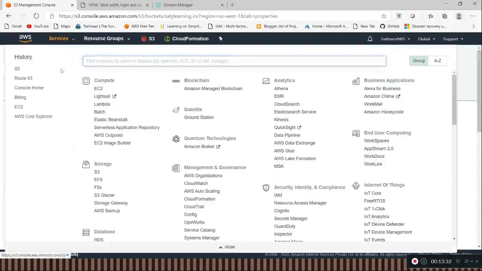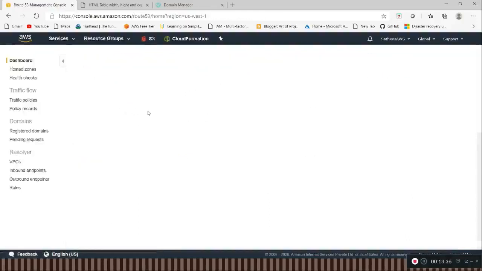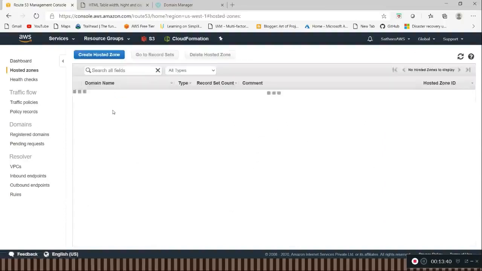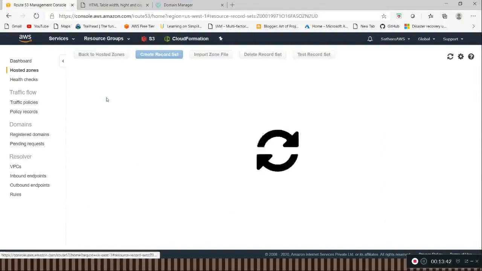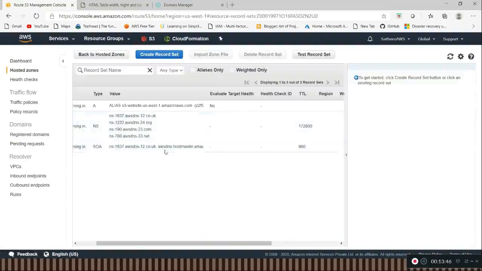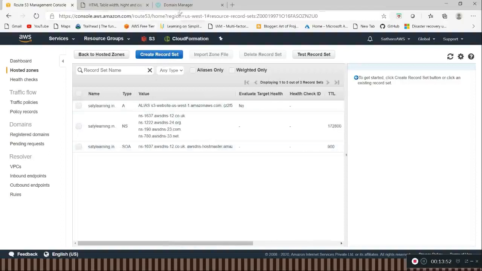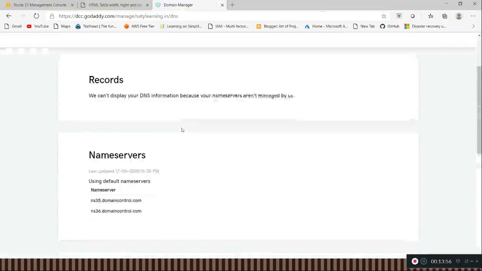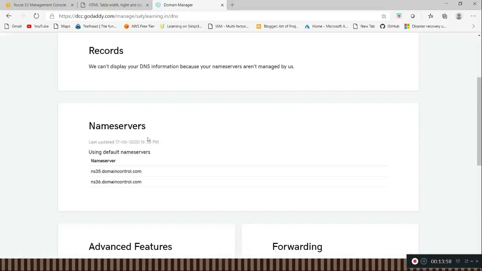Next one, going to Route 53 and creating one hosted zone. In that hosted zone, I have created a record set for the S3 bucket. Then I configured the DNS name servers in GoDaddy.